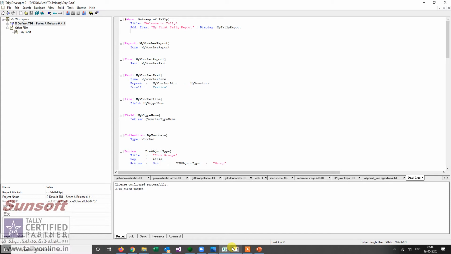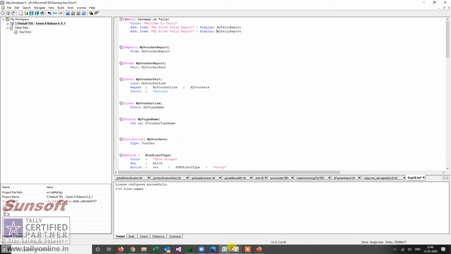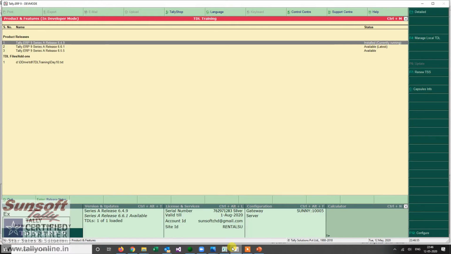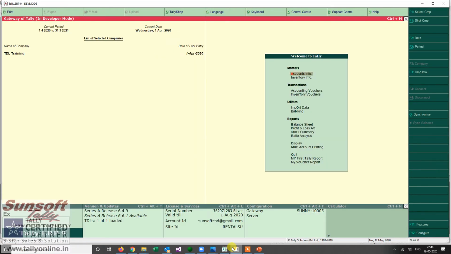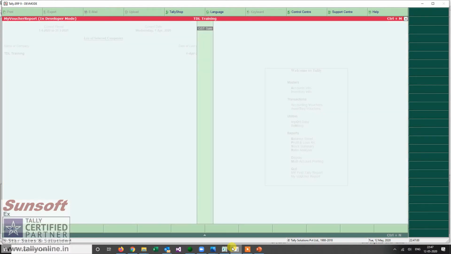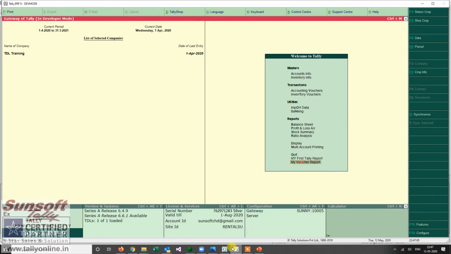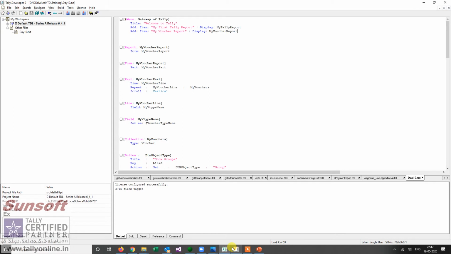Let me create another item here only, and I call it my voucher report. So my voucher report comes, and the voucher name of GST sales comes, since we have only one voucher type at this point of time. So this is about vouchers.